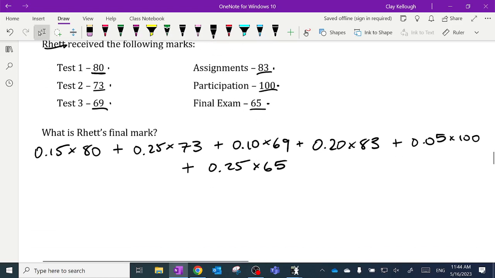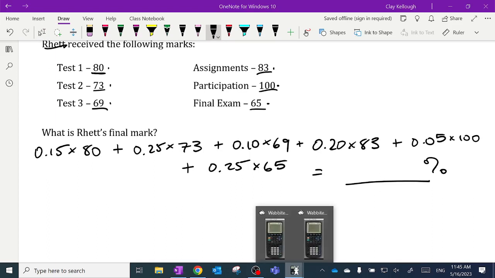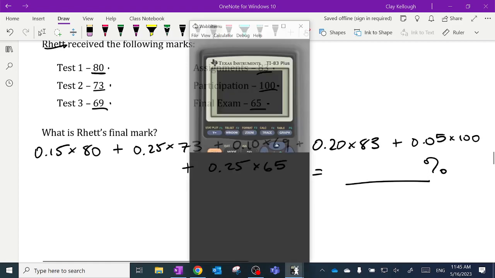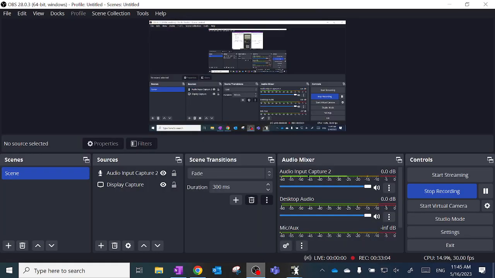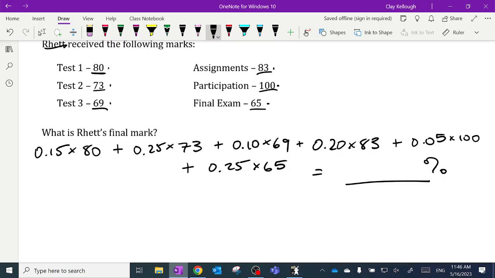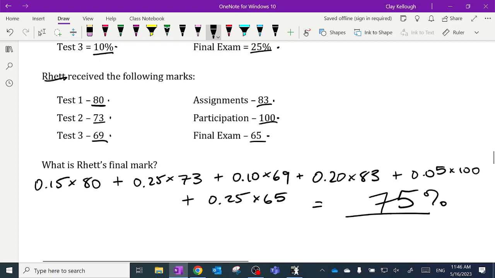All right, I'm going to pause here and see if you get the same number that I do. Okay? So see if you can get this number. What's Rhett's grade? Try this at home and then come back to us. Punch buttons in your calculator and come back when you've got an answer. All right, we're back. I gave the class time to punch buttons, and this turns out to be exactly 75%. So once again, I'm going to call this my A question.